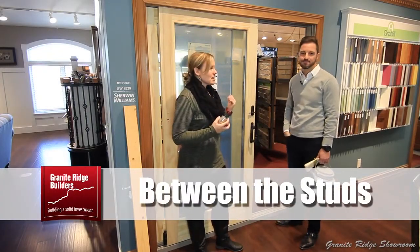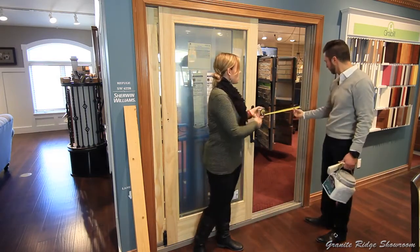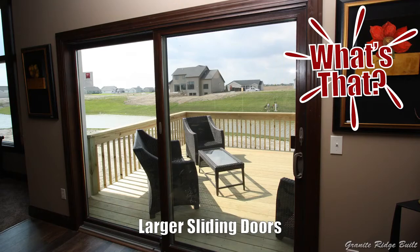Our typical 6-foot slider, what people might not realize is you lose a little bit of space. They really think that they'd get a 3-foot opening, but with a slider, it's really about 2.5 foot. So that's why the popular taller and wider doors, 8-foot, 12-foot sliders, are becoming really popular and great for moving